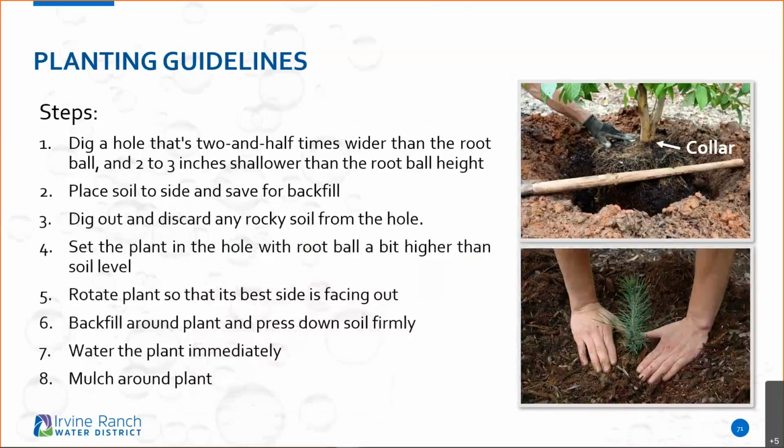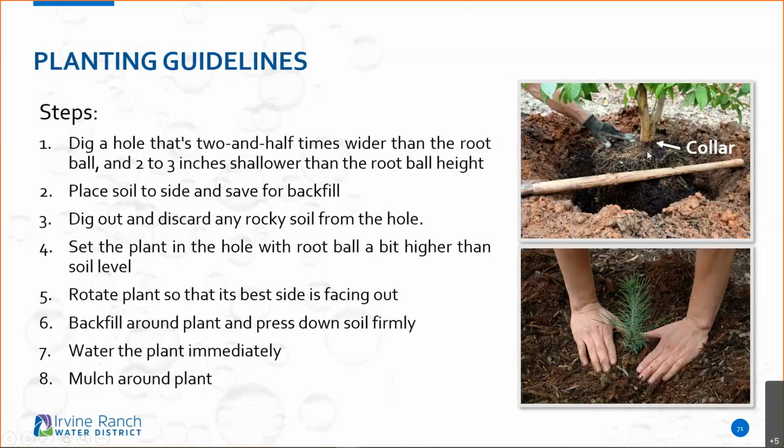Now this is just textbook planting guidelines, about digging the hole 2.5 times wider. And one thing is, I do not like to mess with the root ball when I'm planting. I usually try to get it out of that pot as carefully as possible and plant it. I like how they're using the shovel there to know where the level ground is at, because whatever plant you are planting, you always got to remember to protect that collar, which is right here. You want to protect that collar, and you don't want to bury it beyond that.